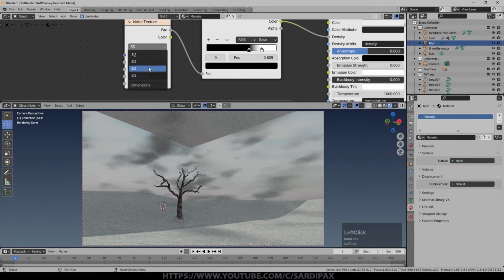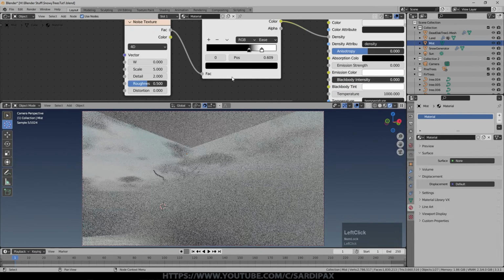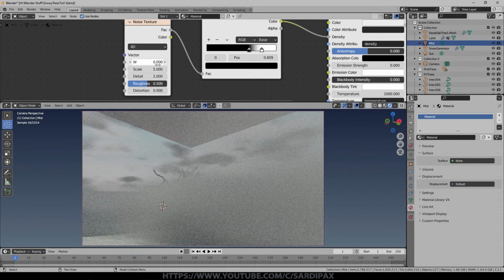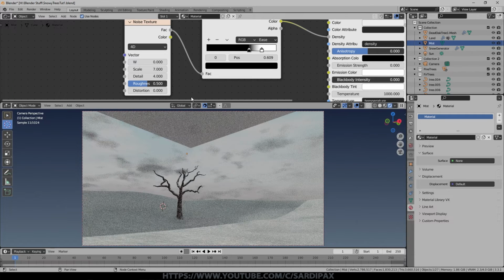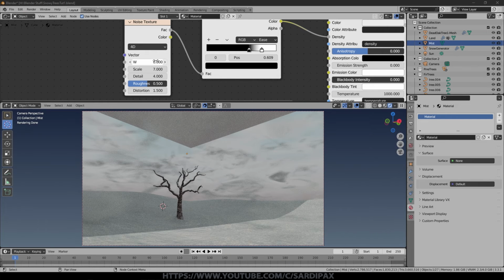I set this to 4D because I wanted to be able to change the mist over time, so that allows you to play around with this W value. I set the scale to about 7, so not much higher than it defaults to, and I put the detail at about 4. I also added some distortion because that sort of adds curliness to the distortion, which you might expect from smoke and things like that. So I'd set the distortion to about 1.5,